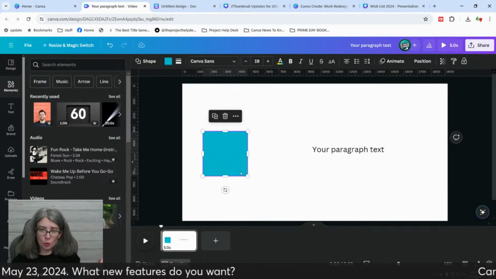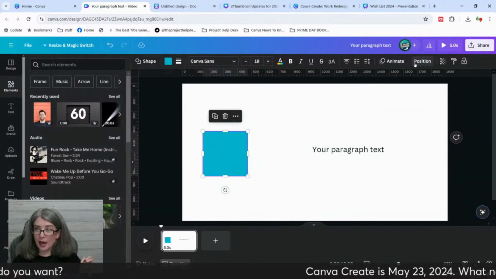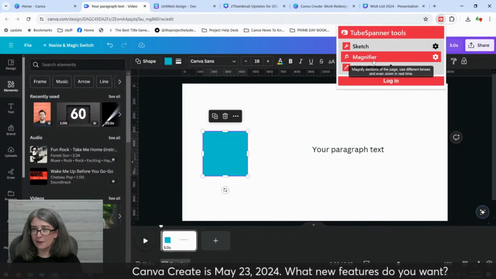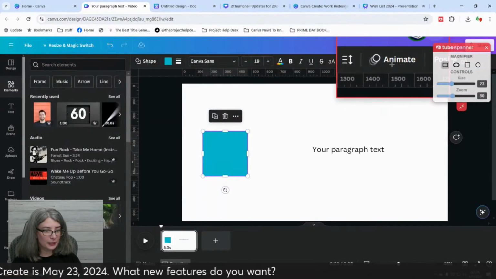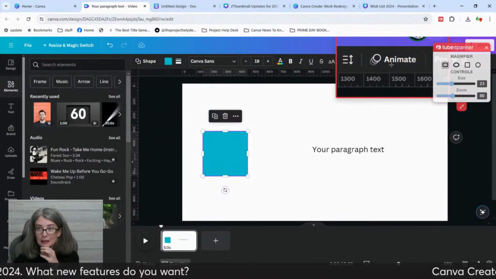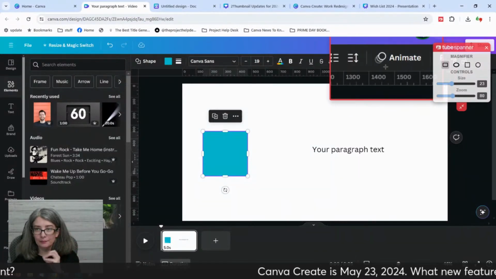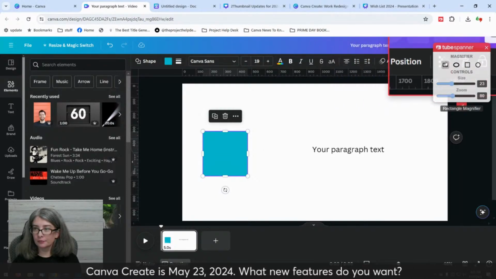When you click an item up here at the top, let me pull down a magnifier so hopefully that's a little easier to see. There's an animate button just right there.